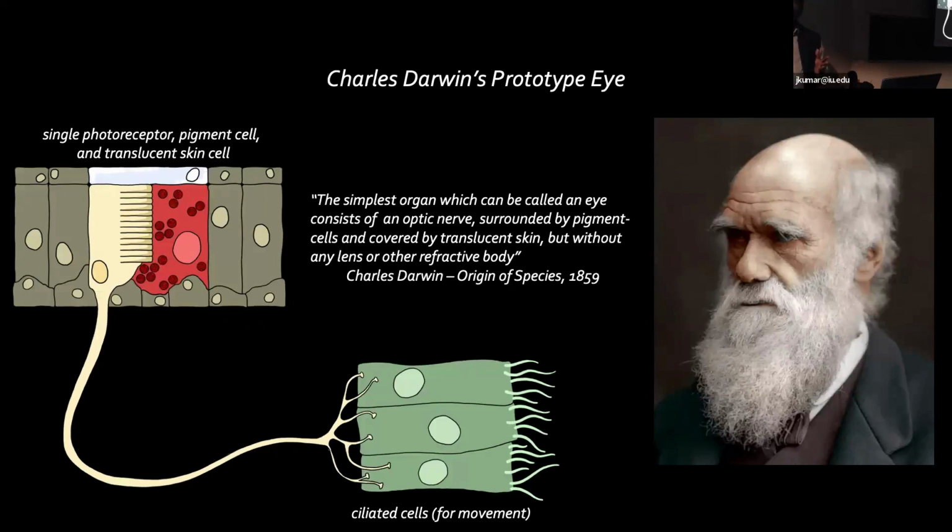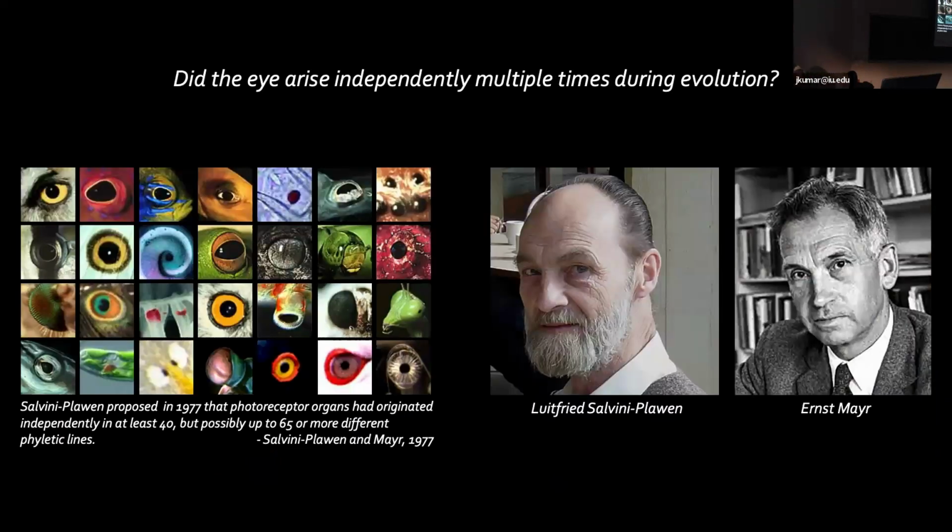So within that context, how do we get all of these different eye types? There's a couple of different ways that people have thought about it over the years. One way is that the eye actually developed at least 40 individual times, and maybe 63 different times, through evolutionary history. It was a famous paper published in 1977 by two fellows that really proposed this model.